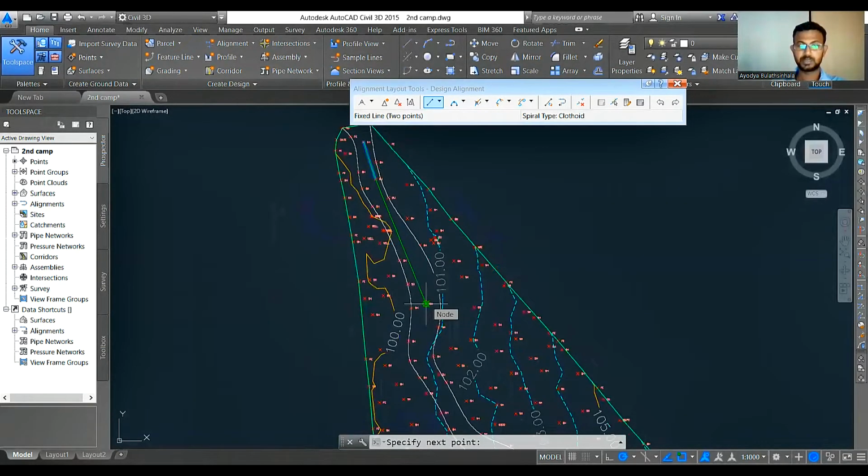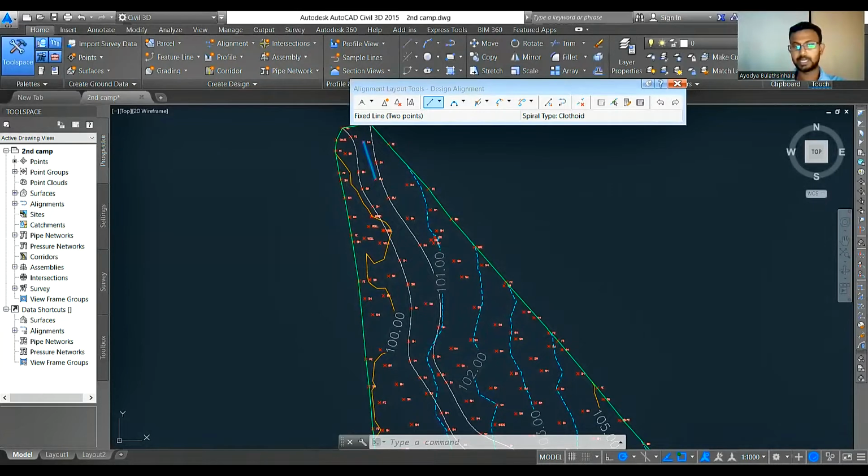So this is a straight part. I will keep it here. Then here onwards, I'm going to bend my road, because here you can see a sharp bend and the road going across the contours. I'm going to cut the contours